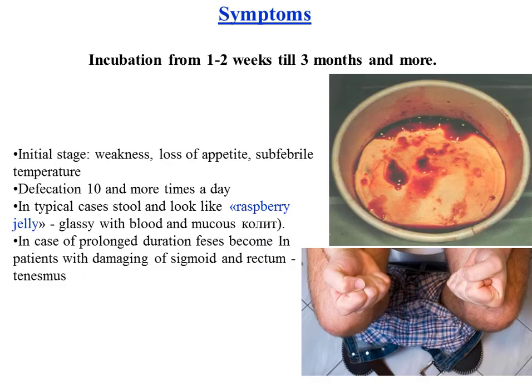The incubation period lasts from 1-2 weeks to several months. Onset can be acute, or with prodromal phenomena in the form of nausea, headache, and decreased appetite. The main symptom of the disease is a disorder of the stool. First, it is copious with mucus, 5-6 times a day. After 4-7 days, it loses fecal character and has glassy mucus mixed with blood, and we name it raspberry